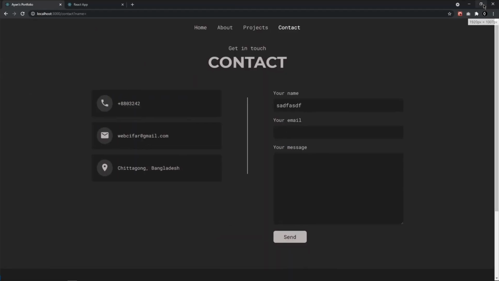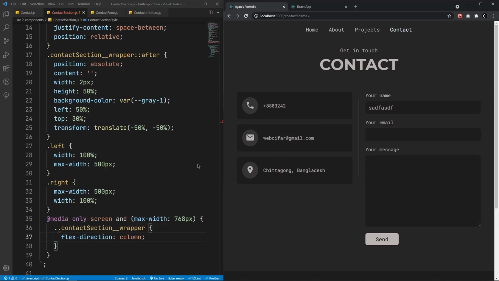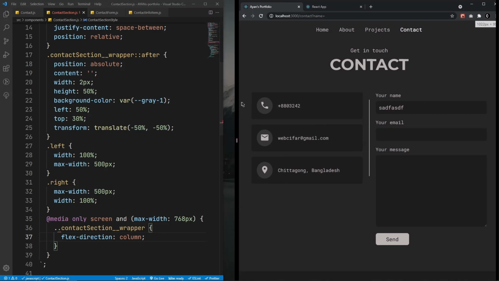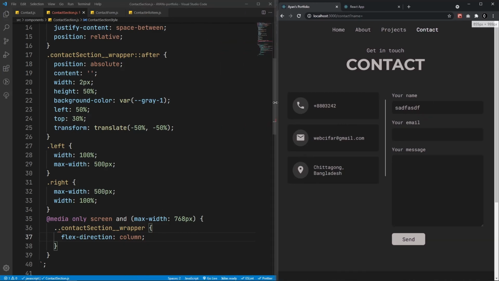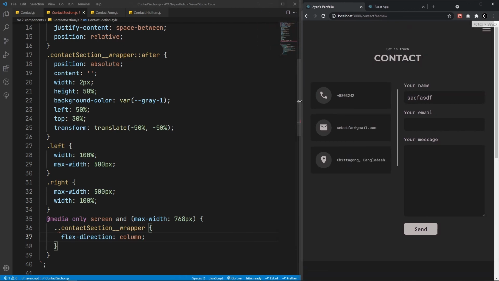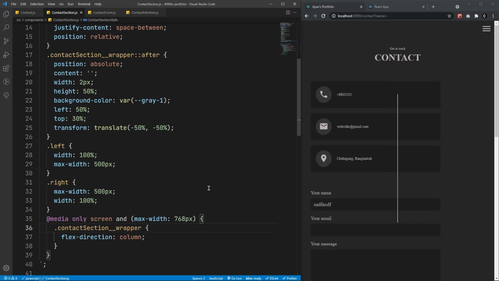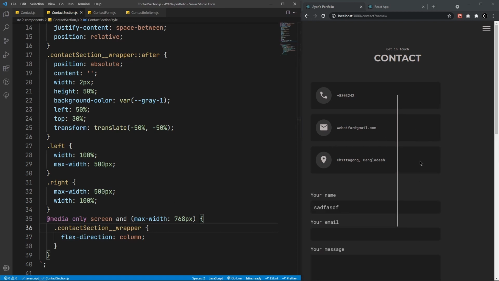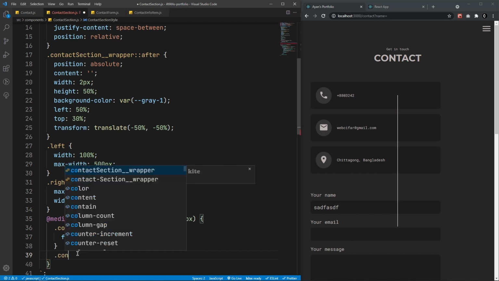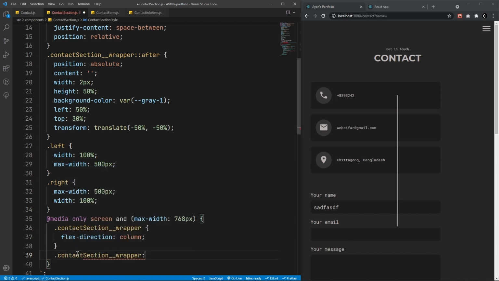So if I come here, so if I go to a little bit more, okay, I'm having a double dot here, it should be 1. So as you can see, right now it's having a column. After that, let's go to our pseudo element, because we don't need this pseudo element in our small device, so let's remove that. So contact wrapper,